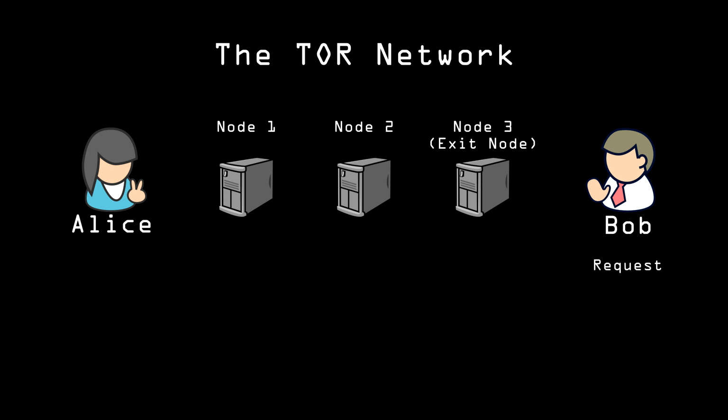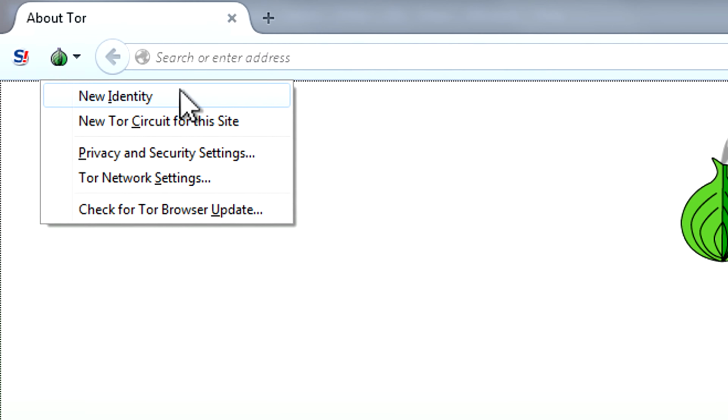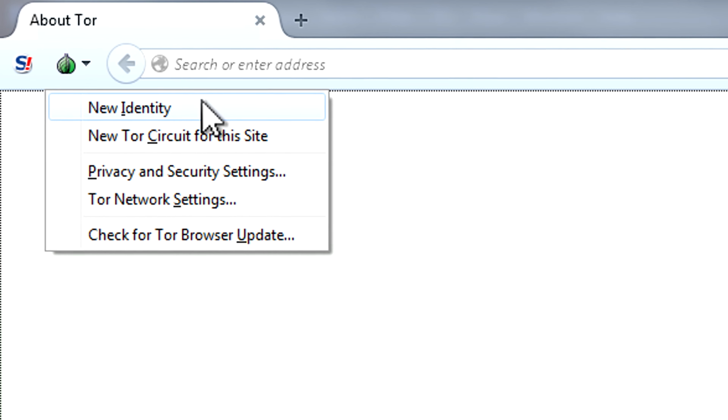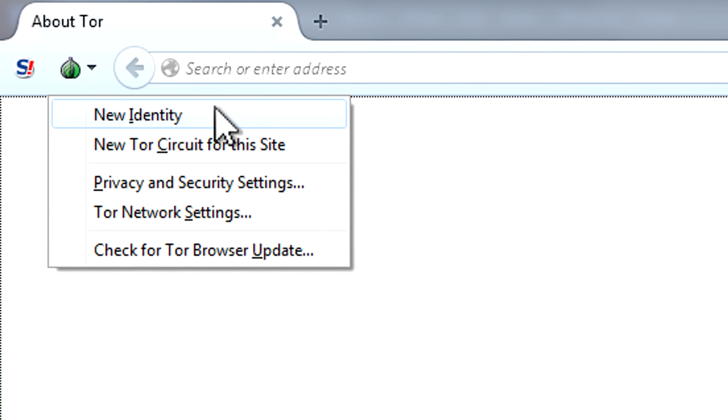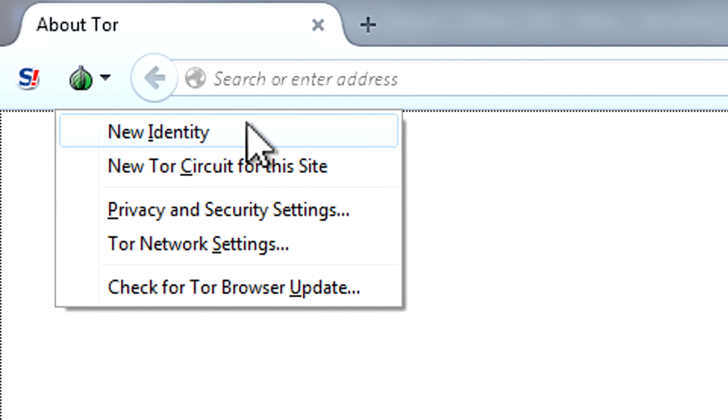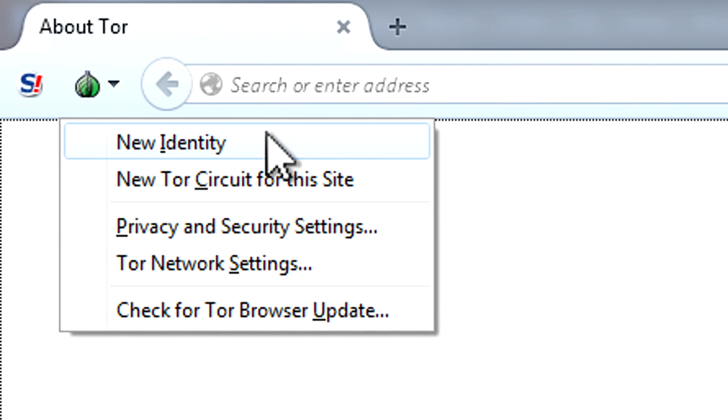However, since Tor establishes a virtual identity for each connection, if the exit node or anything after that is able to see any identifying information showing that it's Alice sending the packets, they'll be able to deduce that Alice sent her other traffic as well. Now, Alice can change her identity on the Tor network at any time just by selecting a menu item, but if she forgets to do that before doing anything that might give her identity away, the game might be up, especially if Eve is part of the network snooping association and has all of this traffic recorded and archived.